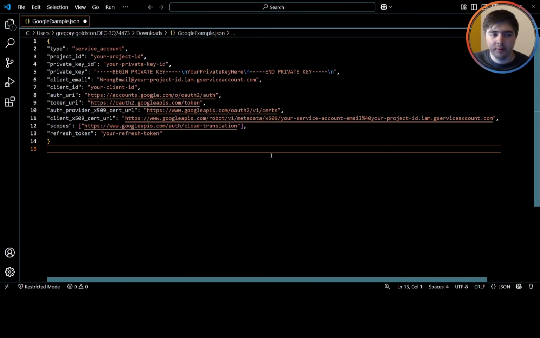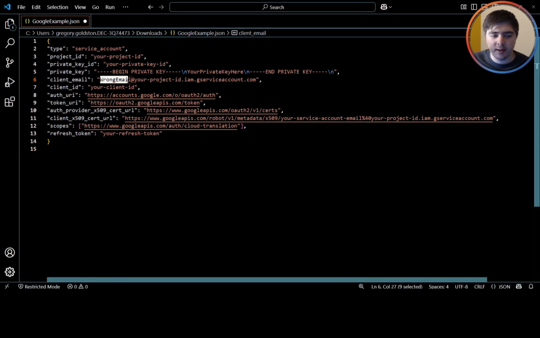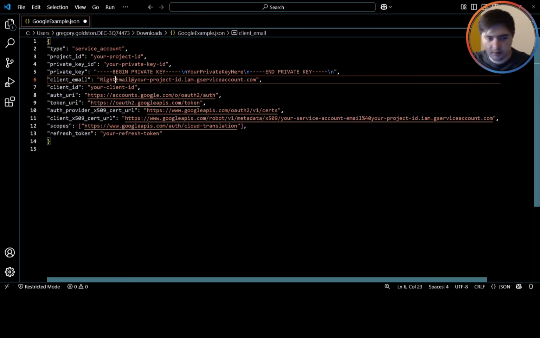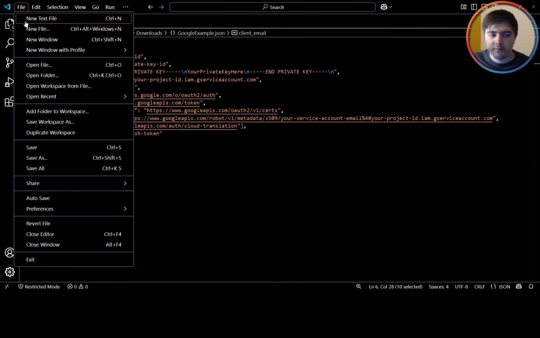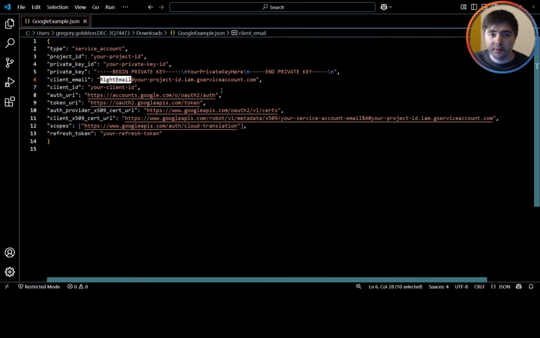All right, so here we are inside of Visual Studio where I can see a very clear layout of my JSON authorization credentials. And if we see here, the client email is incorrect. When you see the error that we just saw in the Flow Designer, it is very common that the issue is going to be an incorrect email. So let's change this to the right email, save this, and then update our JSON file with this new version